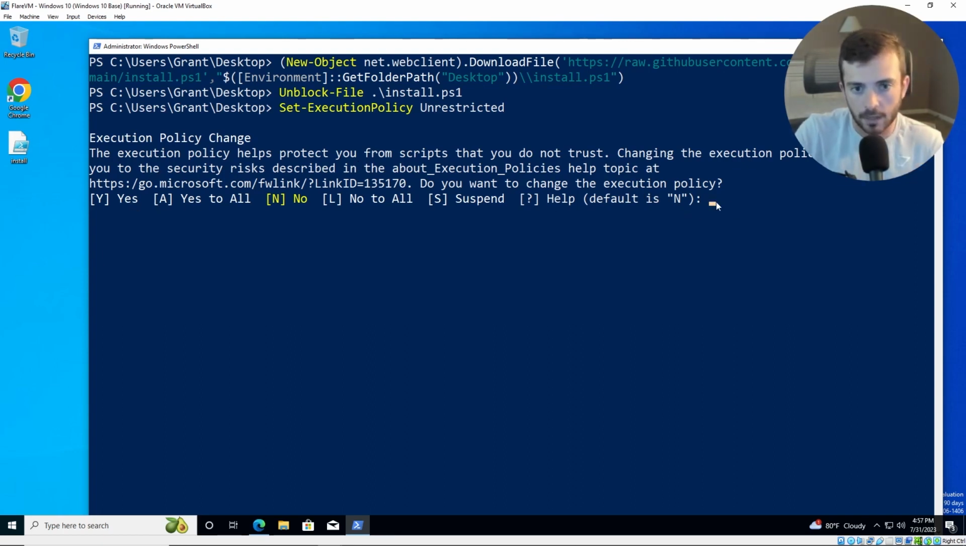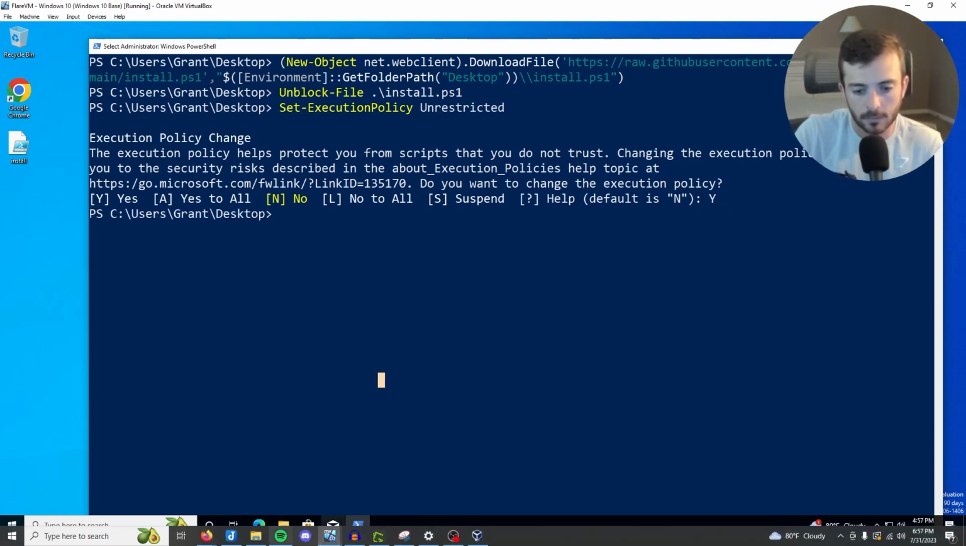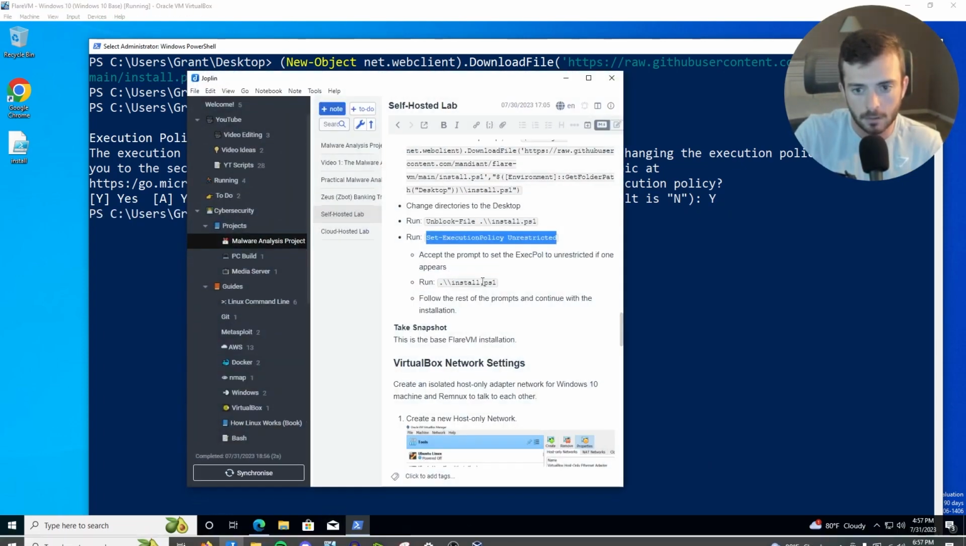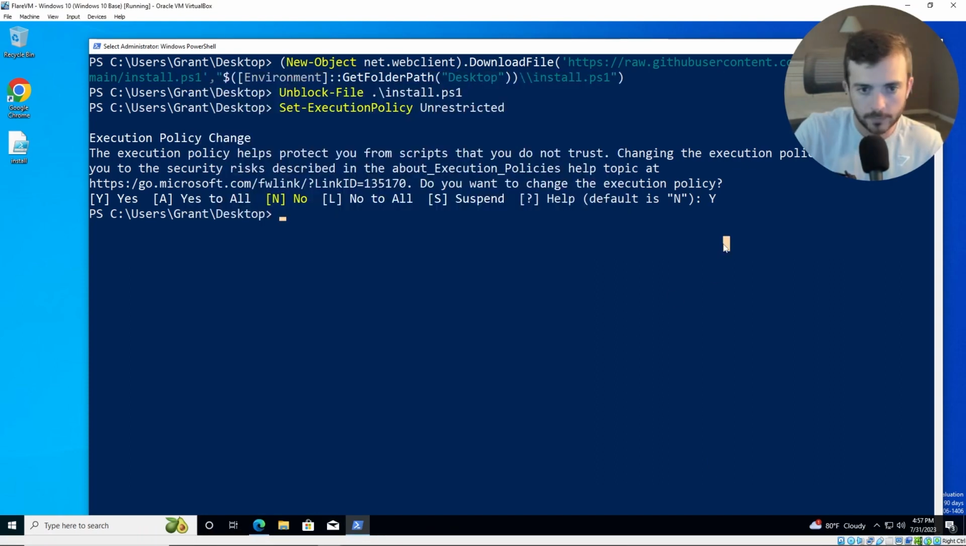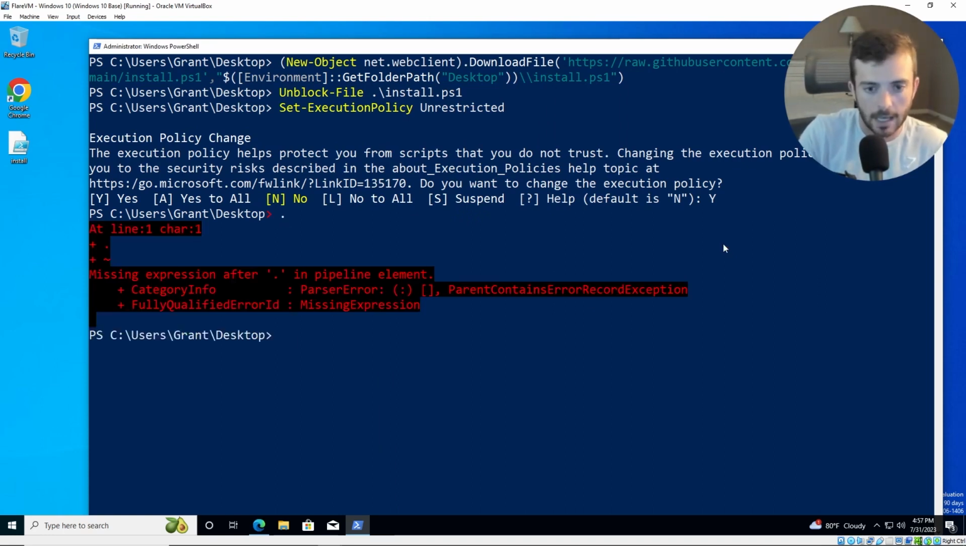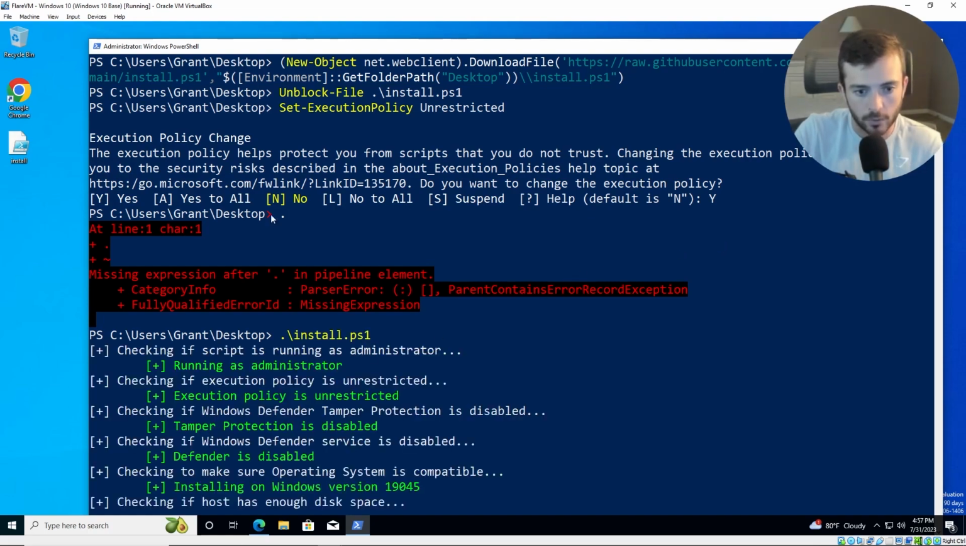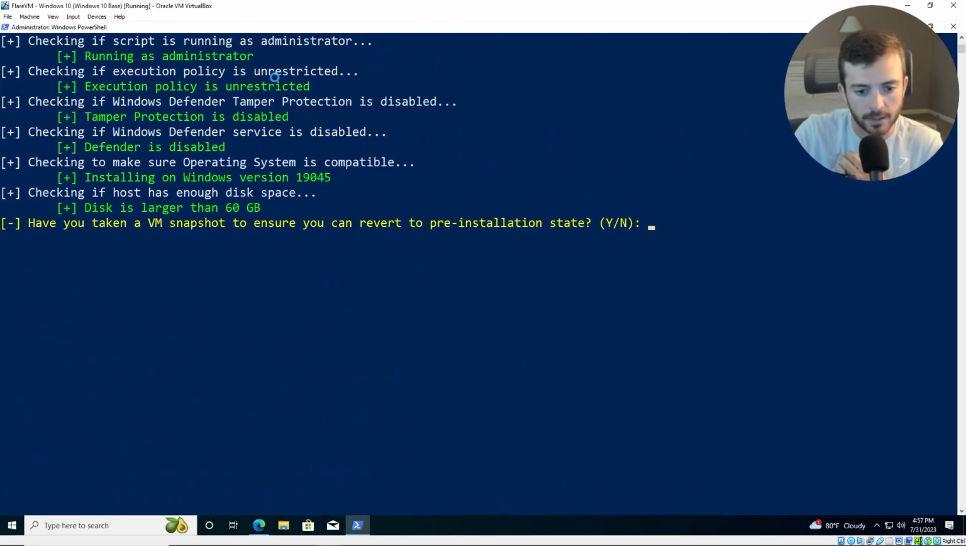And in this dialog box, make sure just to do Y. All right, at this point, we are ready to run the install.ps1 script. Dot backslash install.ps1. Now this is going to go through and make sure some of your settings that we took